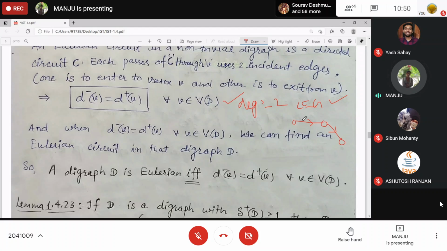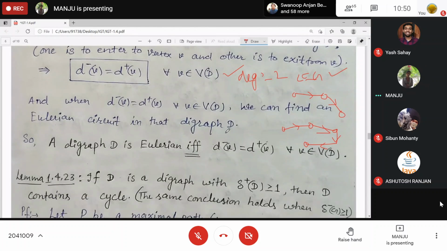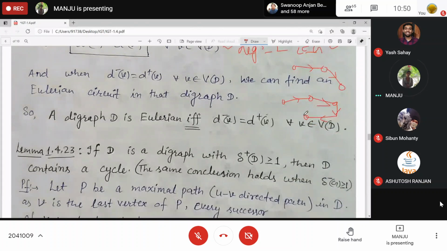So for a directed cycle, we can only say in degree is at least 1. If in degree is at least 1 or out degree is at least 1, that means there is one arc leaving the vertex, and that is happening with every vertex. So there is at least one arc leaving the vertex, and then it can come to the vertex, right? Then you can just say this contains a cycle. Clear? And the cycle has to be directed.